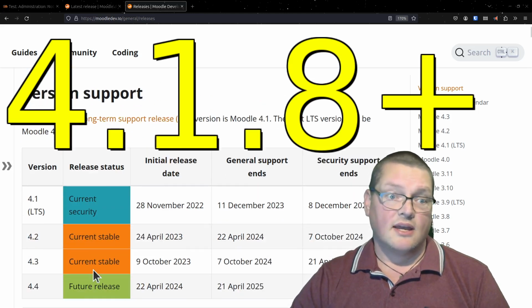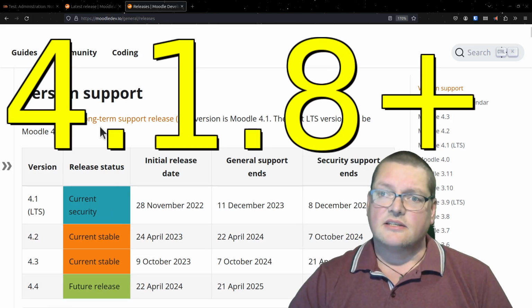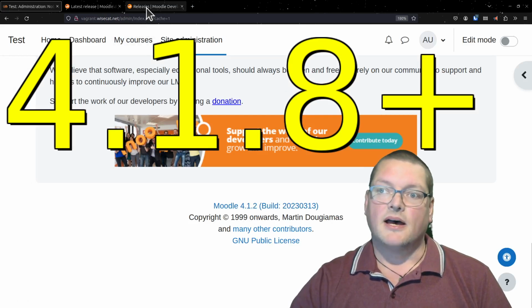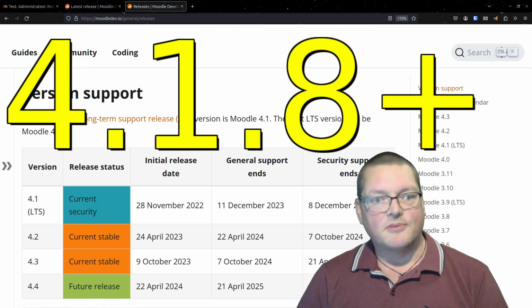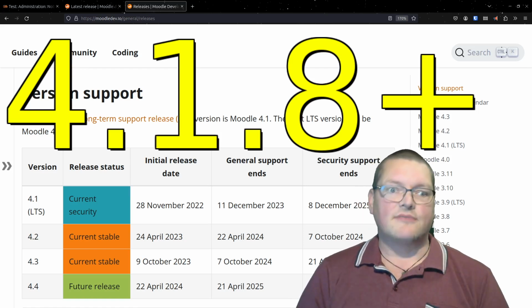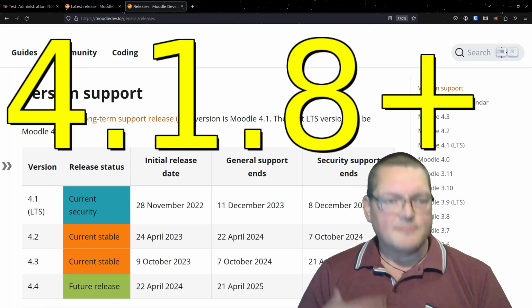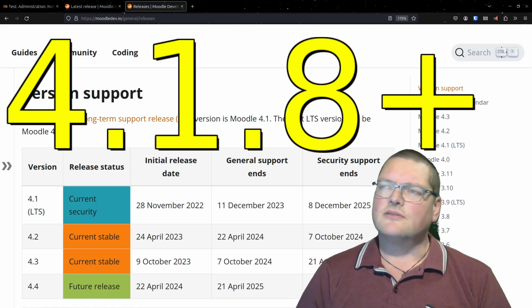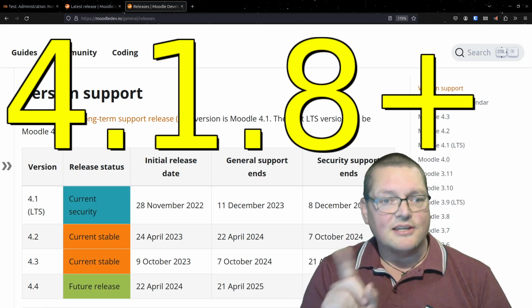Okay, so I'll put it this way. My current Moodle that you saw just now, this test Moodle 4.1.2, does not have those security updates. But the 4.1.8, if I upgrade to 4.1.8, that does have the security updates. So it's rather important that I stay up to date with, well, at least the 2 monthlies. Bi-monthly? Yeah. Anyway, at least the 2 monthly